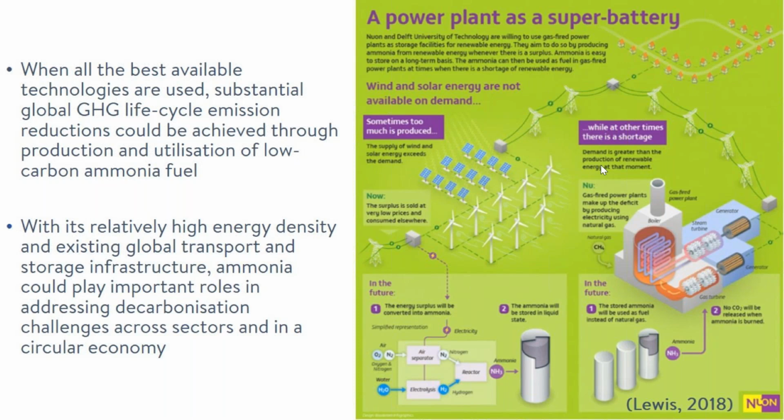For coal power generation, substituting coal with clean ammonia could reduce CO2 emissions by 80 to 95%. This is important for countries with young coal fleets and limited low-carbon dispatchable resources, especially in East and